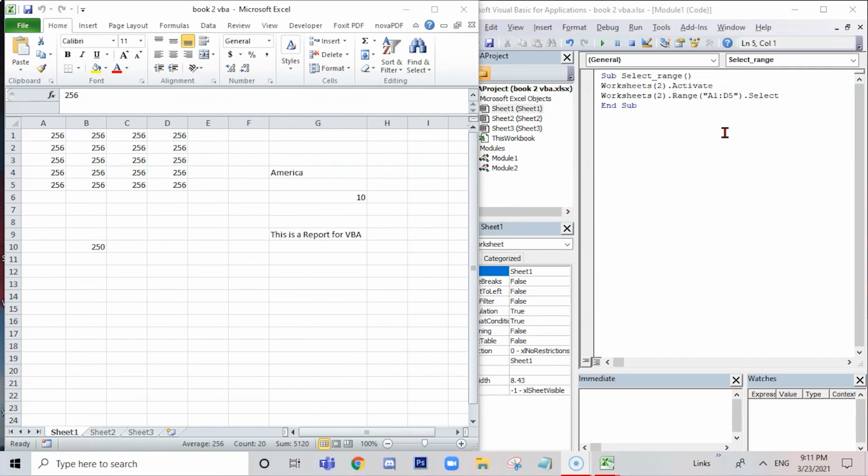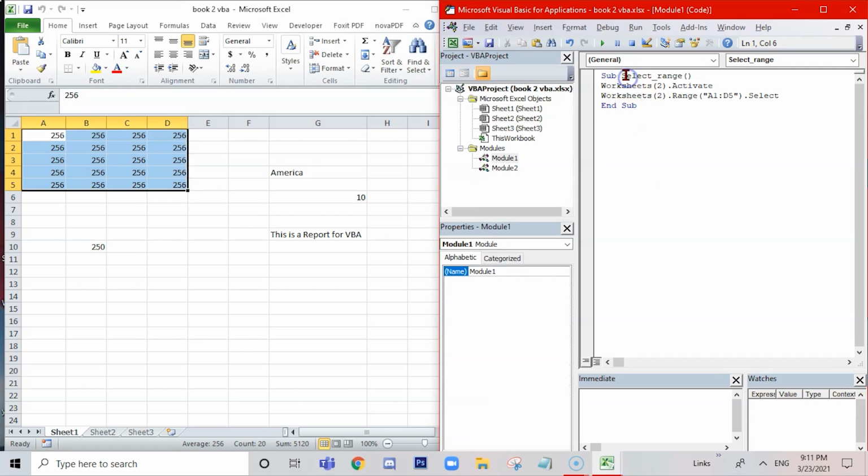Now, as I said, there will be requirements where you need to copy some cell contents and paste them to another location. So how do you do that? It's again a simple code that you can write, and let's name it copy and paste. I'm just making it simple by giving a name that we can understand and relate to. Okay, so what I'm going to do is select this range and copy